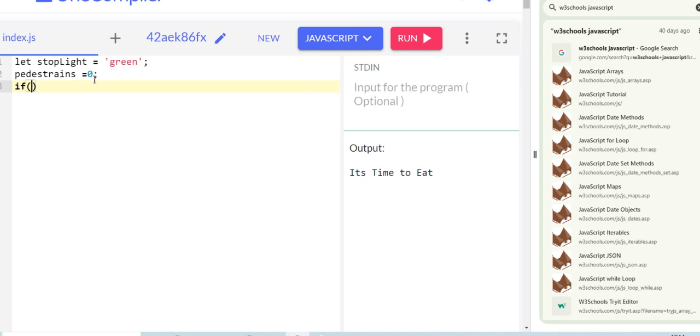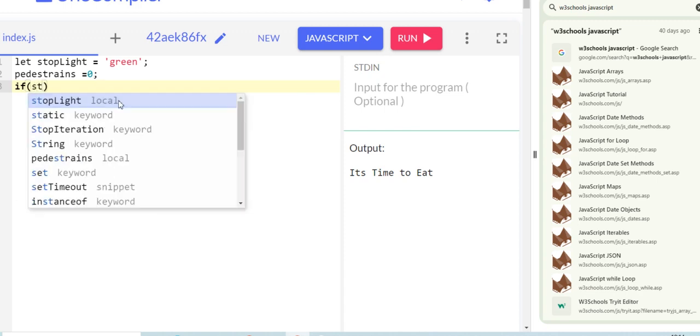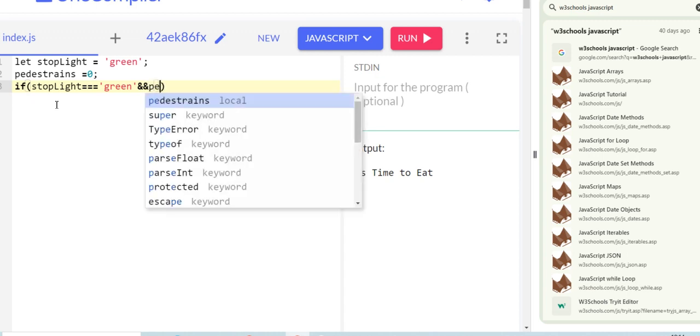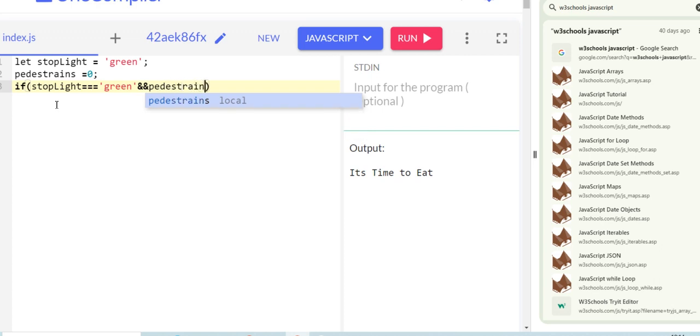So that is the condition: if stoplight triple equals green, and here we are using and, or also. So and pedestrians equals 0. What is the logic of this one? Pedestrians equals 0. Then curly braces start,